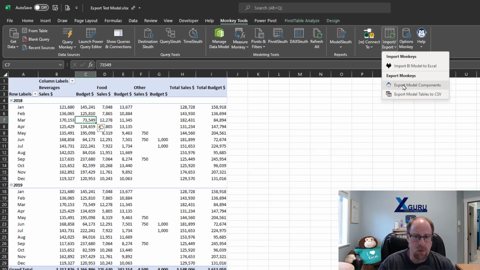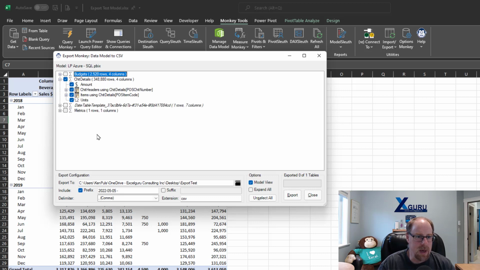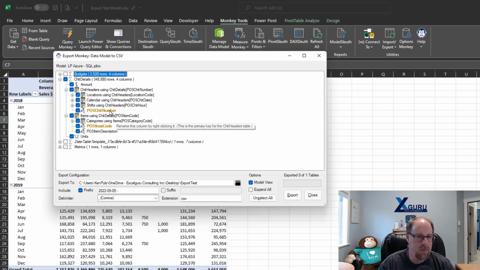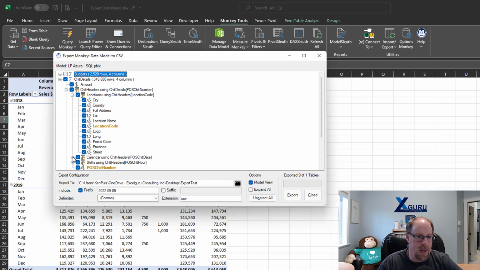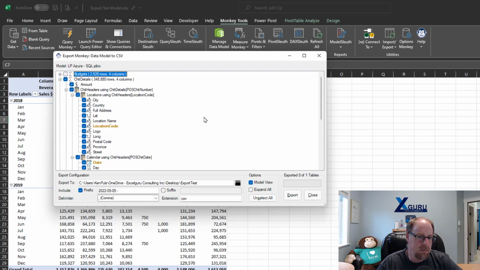Now if I go into my ExportMonkey, you will notice that it comes back and says, look, this is the data model that you've connected to with SQL. We've got a hidden date table in here. I certainly do not want that one, or the metrics table. And honestly, I'm not that interested in budgets. I'm going to expand my chit details with 348,000 rows and lots of individual columns that we could have here. Holy smokes, this is going to flatten out this entire data model. It's going to make for a very large file, but you know what? Just for fun,